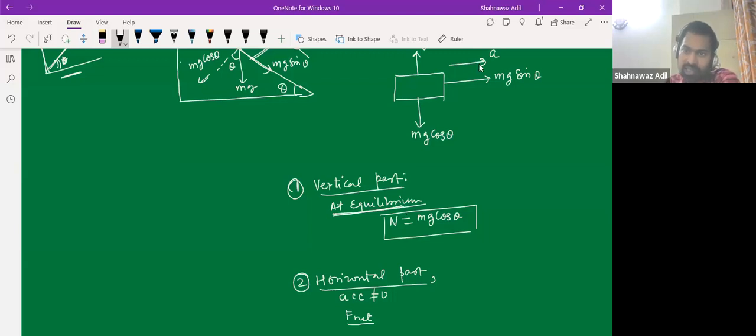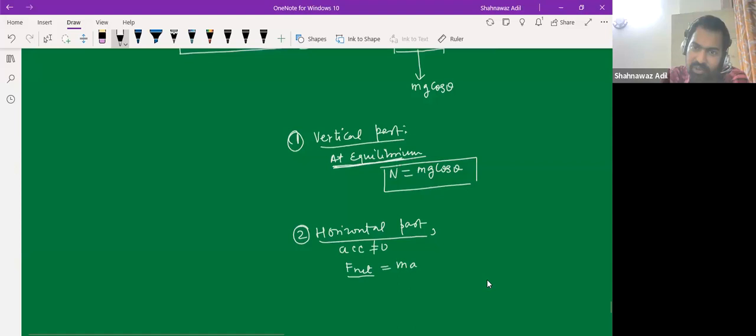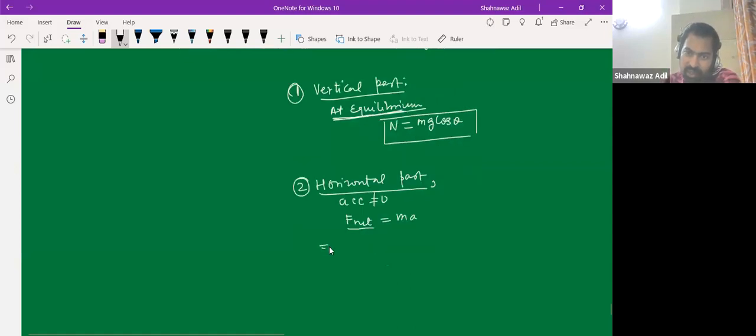In whatever direction we get acceleration, we have to use F net. So F net is ma. We have only one force acting in this way, that is mg sine theta, and this is equal to ma. The masses cancel, and the acceleration is g sine theta,